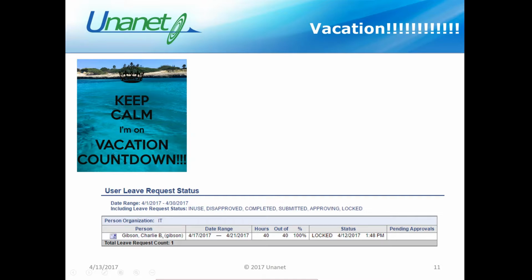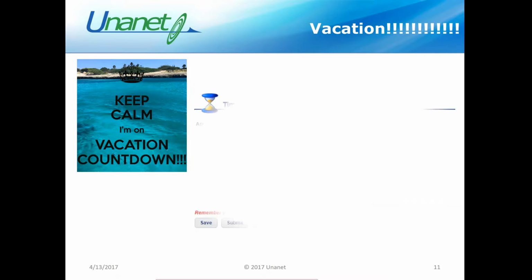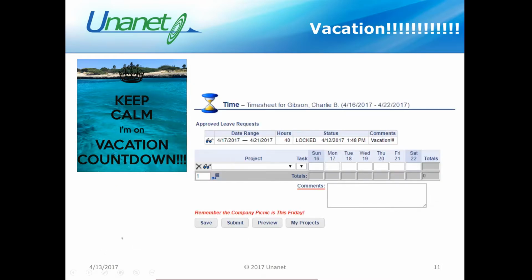In this case, we've got Charlie Gibson, and I've run a leave request status report. So we see he is scheduled to be on vacation next week. But what he needs to do is he does need to go in and enter next week's time before he leaves to be gone all next week. The approved leave request information will show up at the top of the timesheet. However, it does not do anything to populate the timesheet,